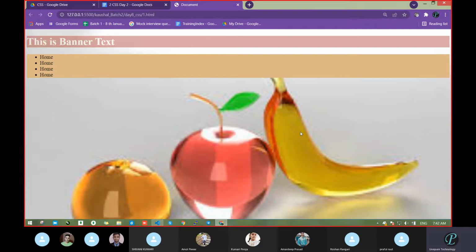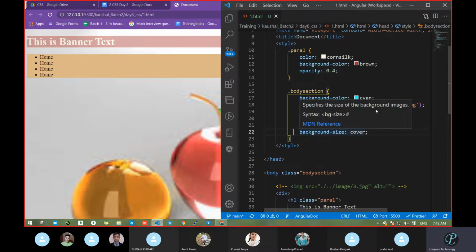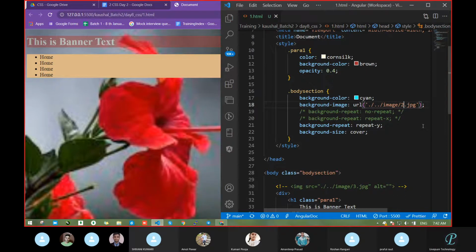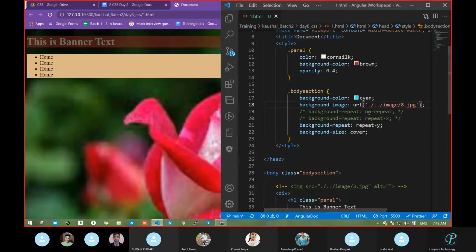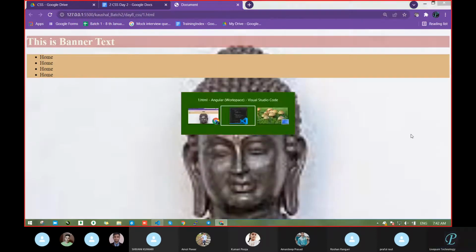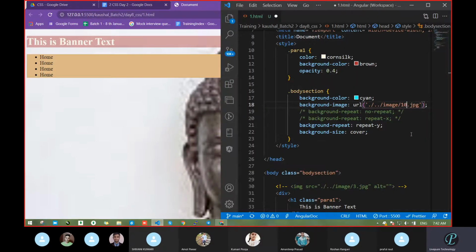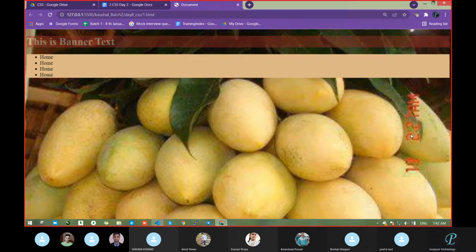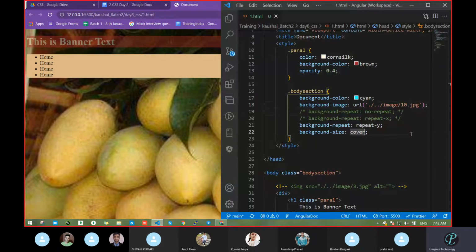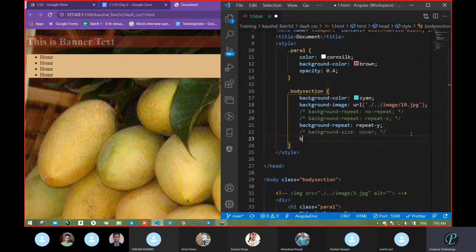single image in the complete section, meaning the complete page itself. Not only this image, whatever image you are passing, you just have to take care. And some other properties are also there. Don't think that 8 and 9 are coming directly as a property value. No, that is coming because I have named the image that way. So no need to pass the image again and again. With the help of the cover property, we can make that image fill the complete background section.